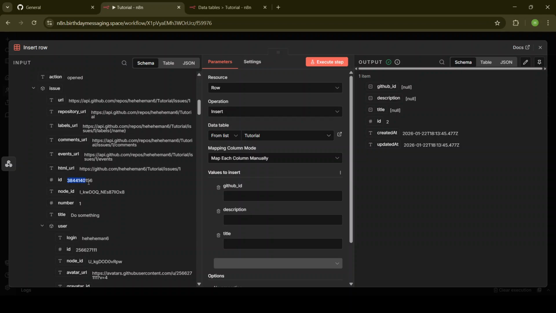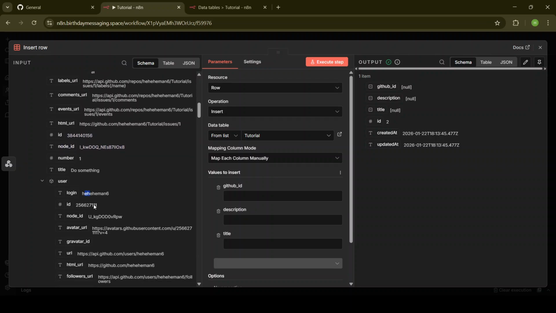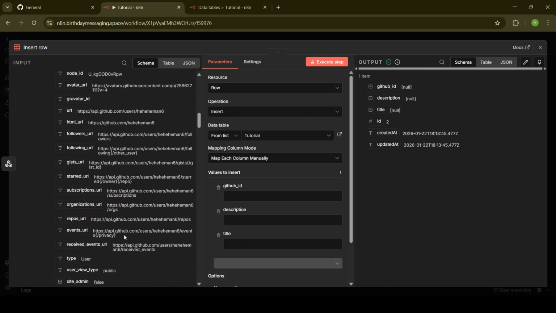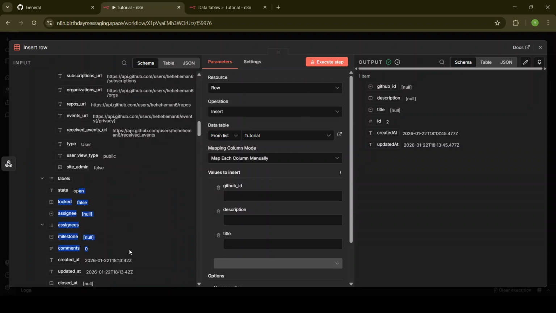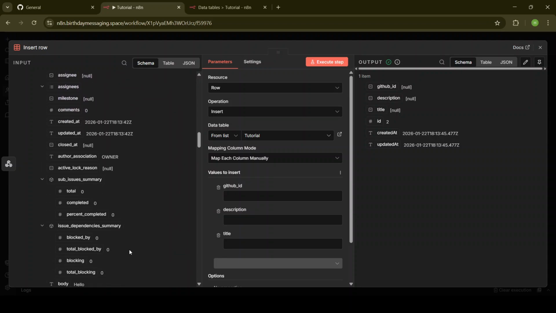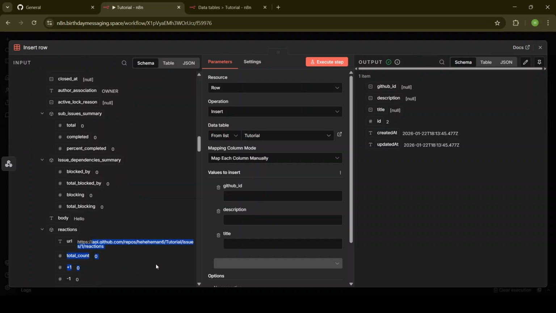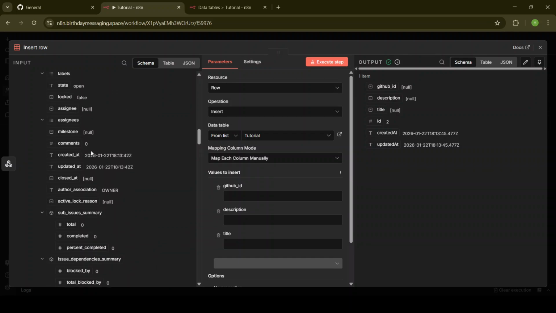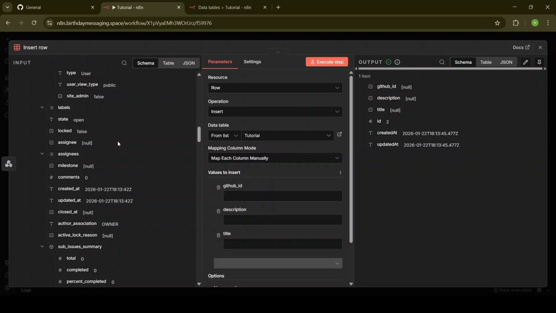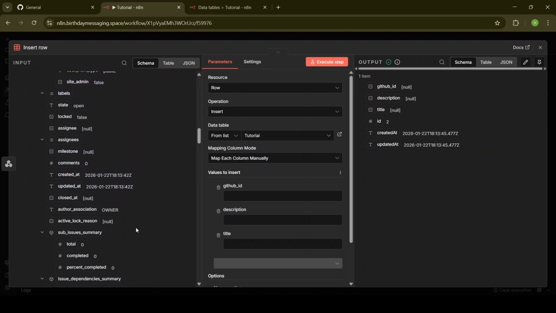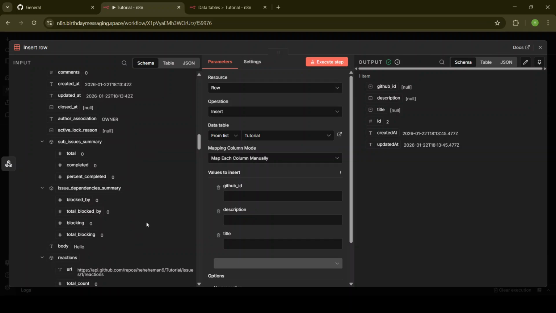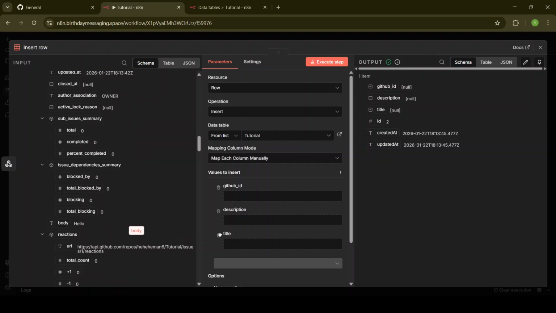So this would be a repository ID, a user ID, and also the body and the assignees, labels, types, everything. So the body will be the description,